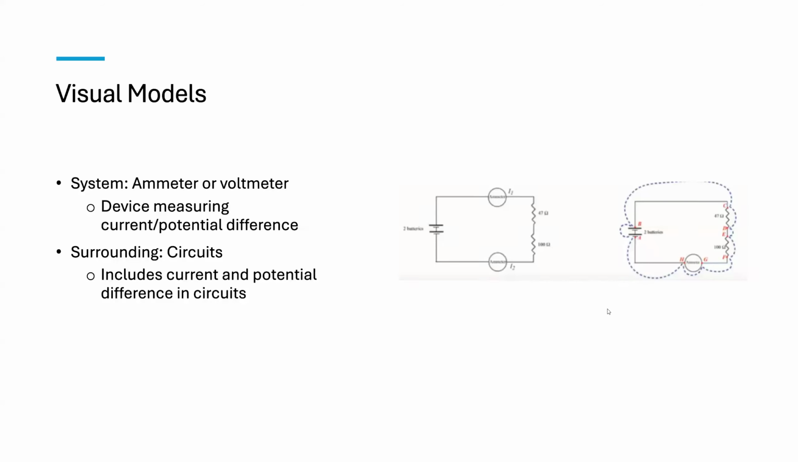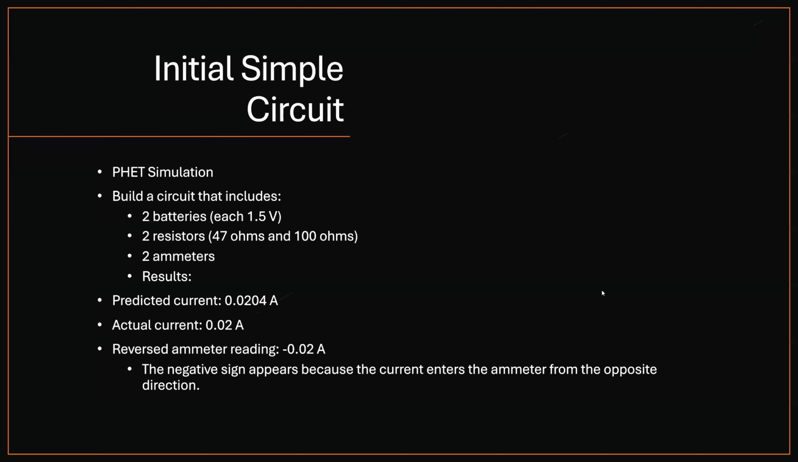These are the visual models: ammeters, voltmeters, and the circuits. Initial circuit, a simple circuit in the FET simulation. Build a circuit that includes two batteries, two resistors, and two ammeters. The result,